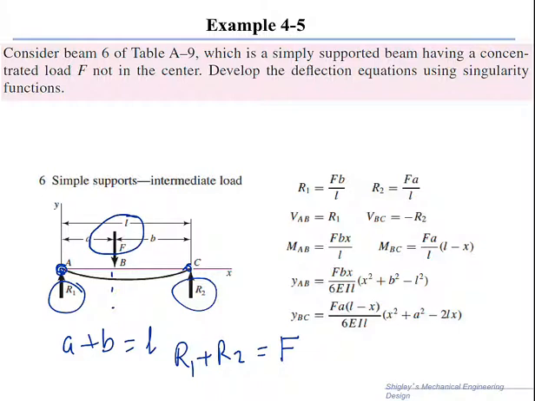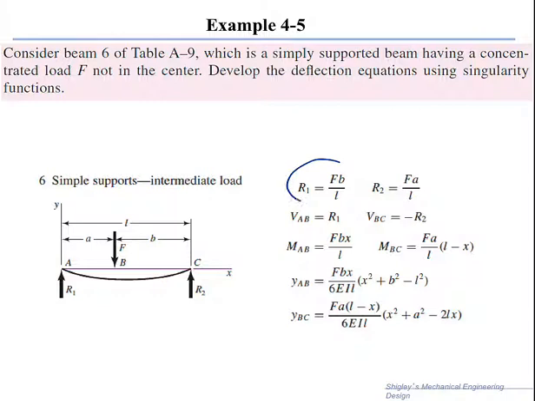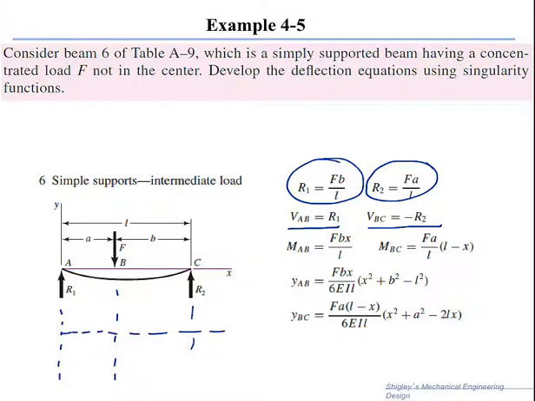Very simple. So in this case, we obtain from that R1 is equal to FB over L and R2 is equal to FA over L. And then the vertical shear between A and B is R1, and between B and C is minus R2. So if I construct the shear diagram underneath here, then I would have this is the line, and then I